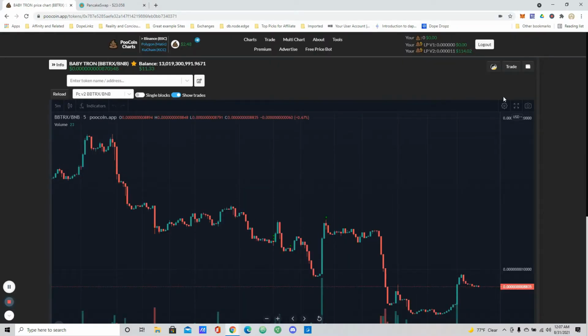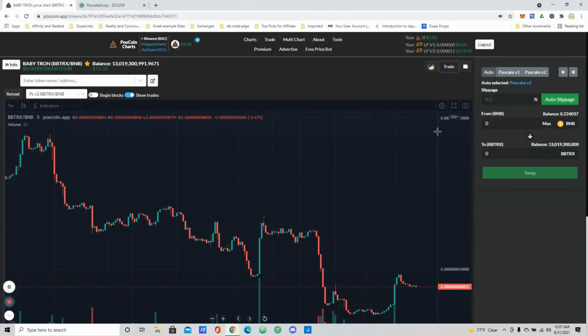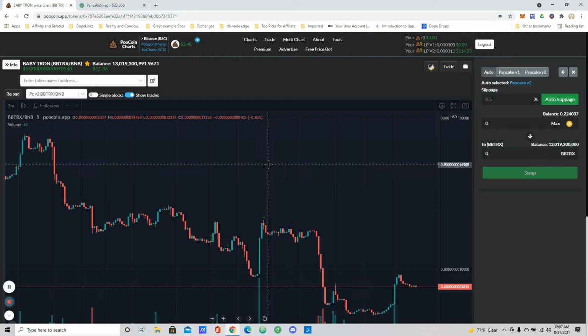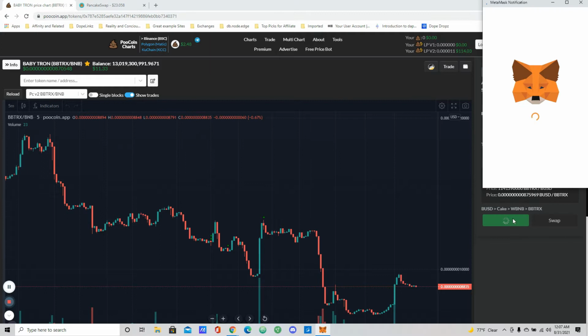Now, we believe this is a good entry point, and so we are going to pull open our wallet and go to trade. And now it automatically has pulled up BNB to Babytron, and that's the standard, but you can always change how you want to buy. And say we wanted to use some BUSD, which we have some over here, we can just take and do $25 of BUSD. Just approve those,